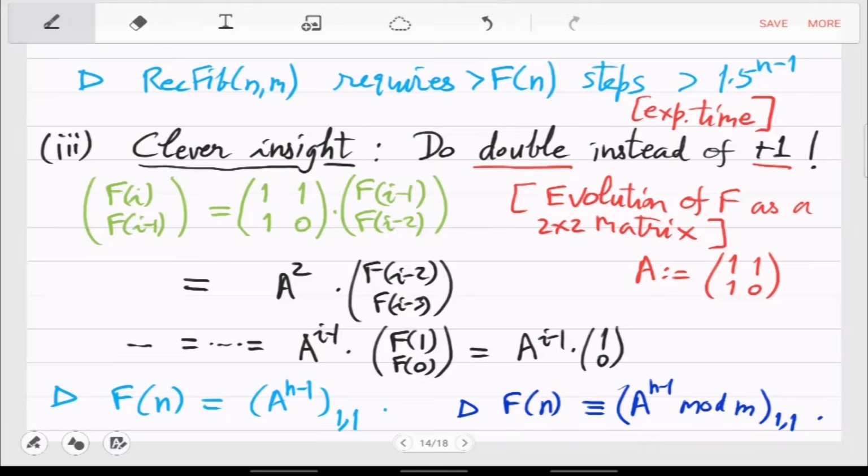So what you see here is that instead of computing A squared, A cubed, from A squared you can directly go to A to the 4. Why is that? Well, if you have a squared matrix, you can just square it again, so you will get A to the 4. So you can skip A cubed. And when you are at A to the 4, you can skip 5, 6, 7 and go to 8, because A to the 4 you can just square. So only by doing squaring you can calculate this.